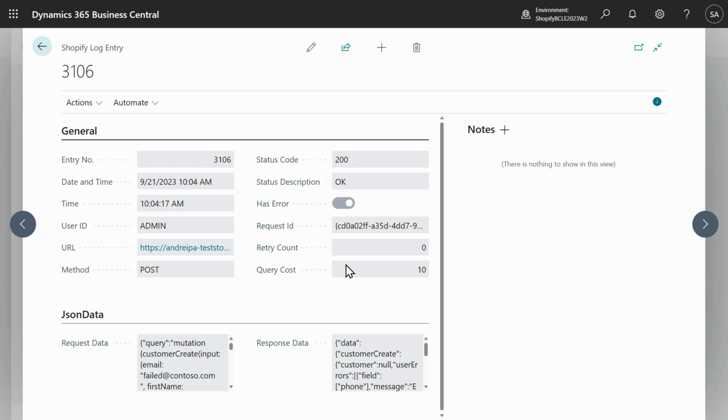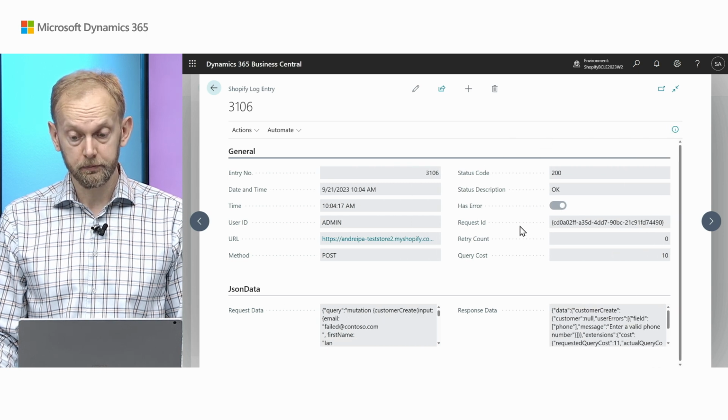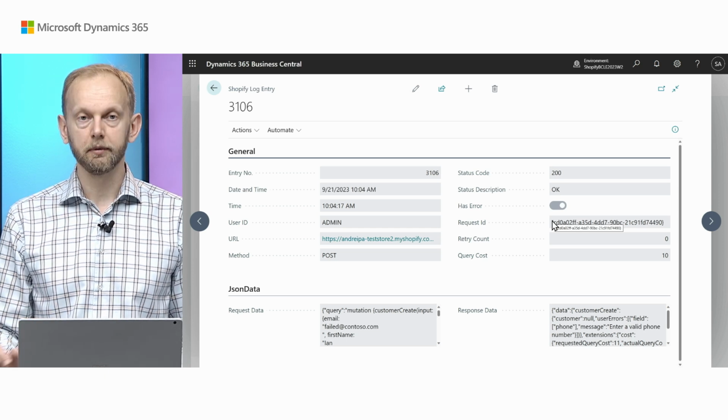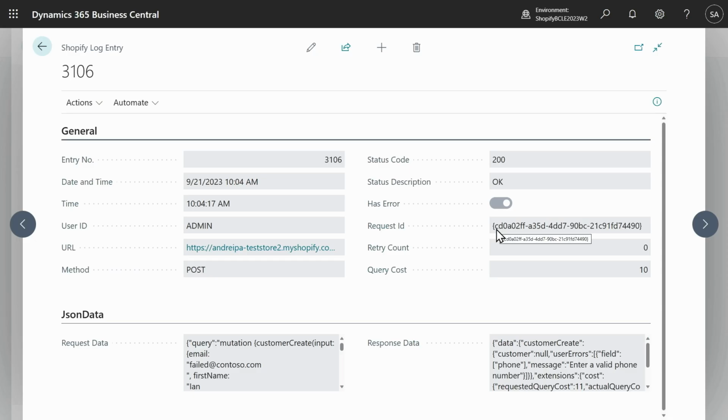So we're logging additional information, and some strange things can happen either on the Shopify side or on the Business Central side. If we receive status code 500, something was wrong on the Shopify side. In this case, it's better to ask Shopify support to troubleshoot. And to help you talk to Shopify support, you need to use a request ID. It will help them to identify the specific request and response dramatically faster and provide more detailed information to you. So this is the information which you need to use when interacting with Shopify support.